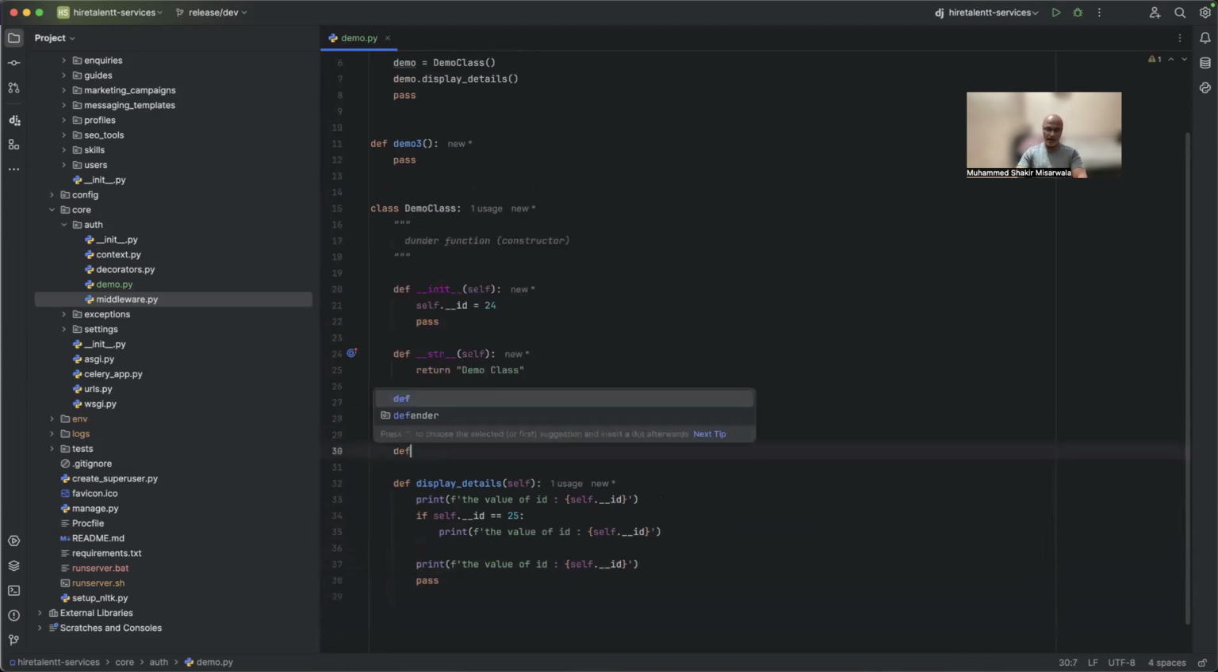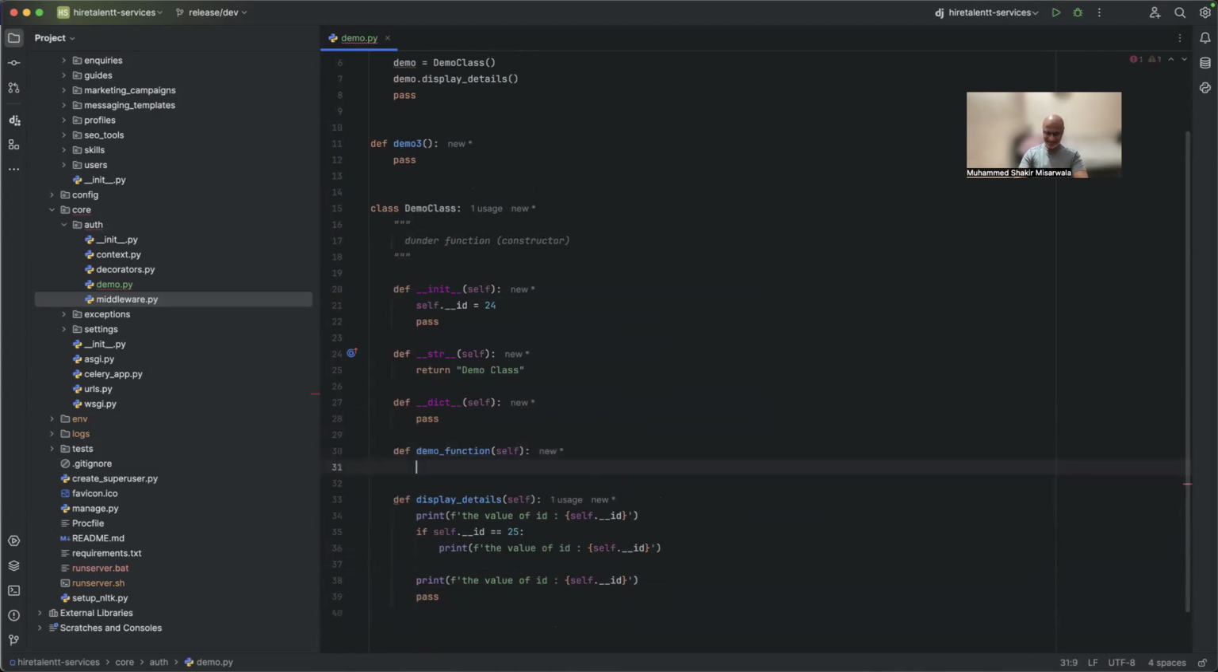If at all you are writing some code, demo underscore function, def demo underscore function, if this is the function that I'm writing, okay, this is the function that I'm writing. Now suppose here in this function, I'm not making use of self. I repeat, all with me? All there? Yes, sir. Yes, sir. Okay. If I'm not making use of self,